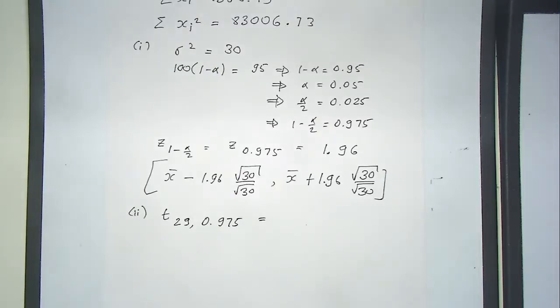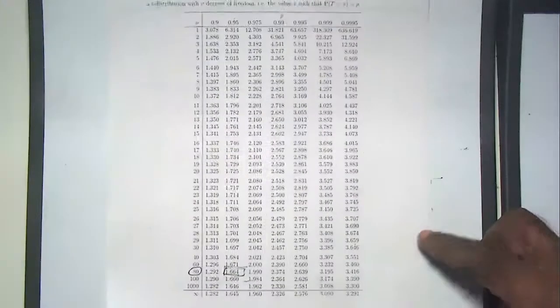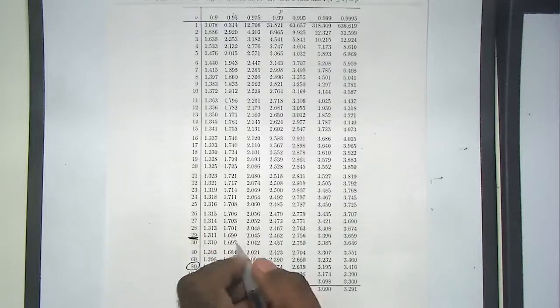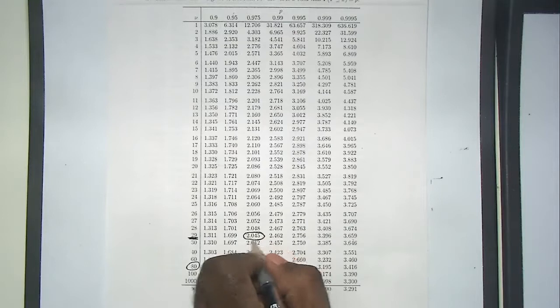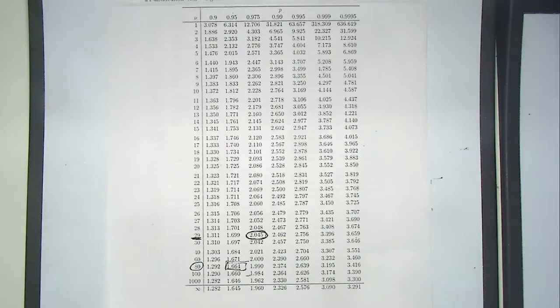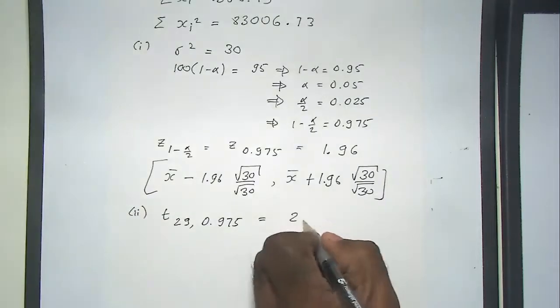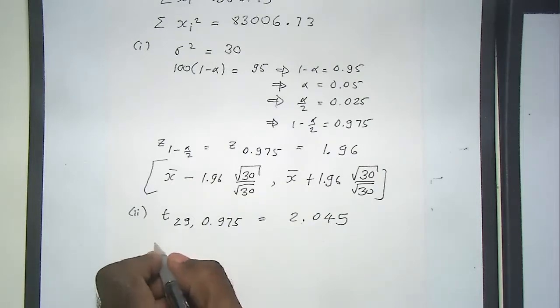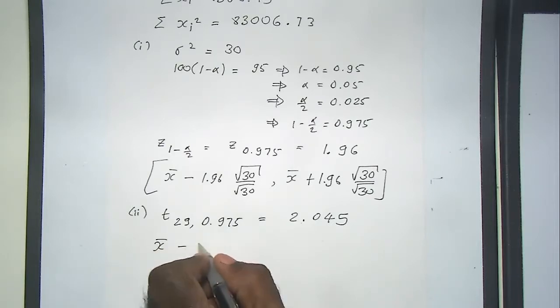Again, you go back to the table. This is the table for the t distribution. You look for 29. This is 29 here. And then look for 0.975, which is here. So this is the value. It's 2.045. Do you see that? So this is 2.045. Okay, so the confidence interval is x bar minus